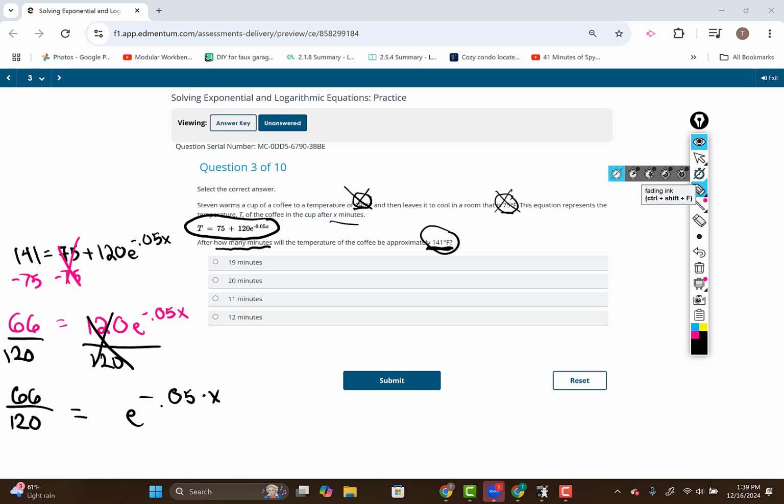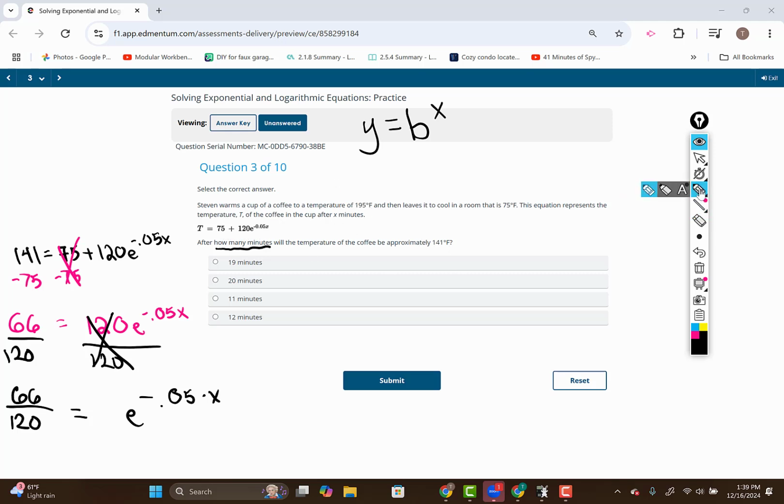So at this point, you should recognize that this problem is in exponential form. It's in y equals b to the x form. Looks a little different with that e, but nevertheless, it's exponential form. So our y is 66 over 120. That's the fraction that's to the left of the equal sign, so it matches up with the y. The base is the number we're raising to the x power. Well, that's e. E is our base, and our exponent is negative